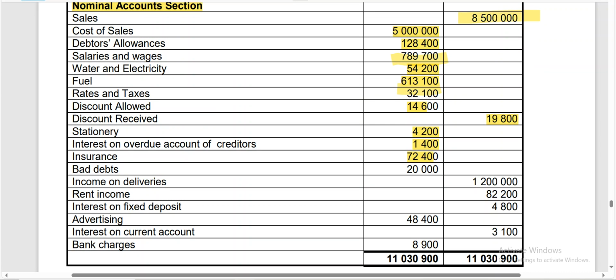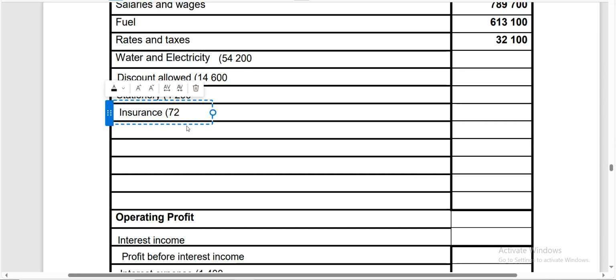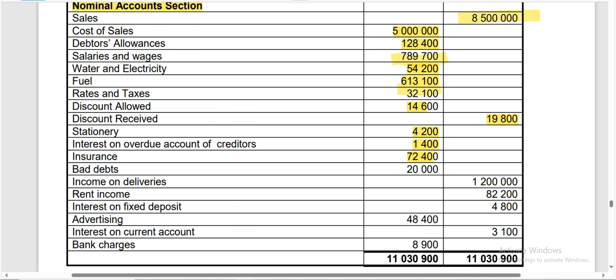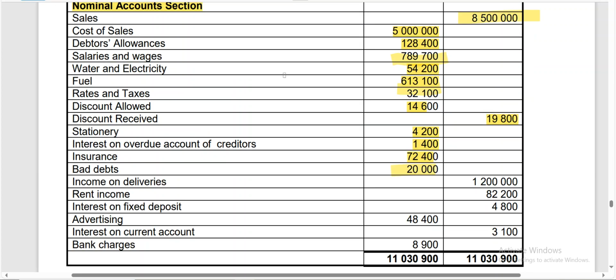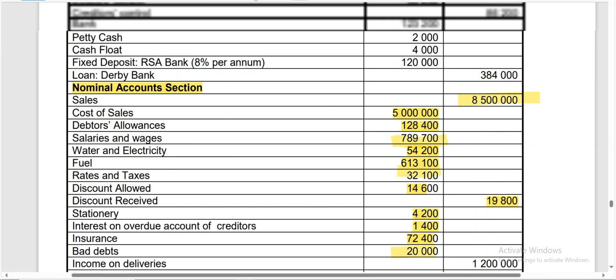Insurance is 72,400, so we'd have that 72,400 here. And then next we have bad debts for 20,000, so I'm going to include that bad debts here for 20,000. And then next we have income on deliveries for 1,200,000, so it's going to